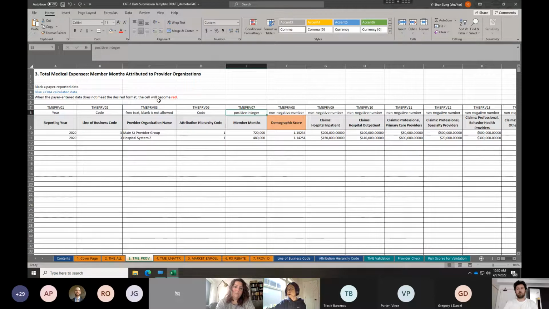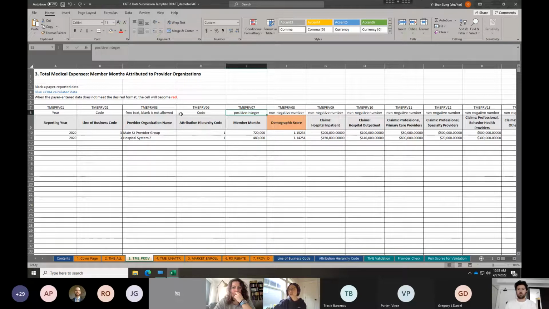For the TME Prov, it's the same: the demographic score and the digits. Another thing we did in this tab is that we removed the provider last name and first name columns. From last year's submissions, we asked for the last name and first name as optional columns, but for the cost scores target, we really just need the provider organization at the organization level.